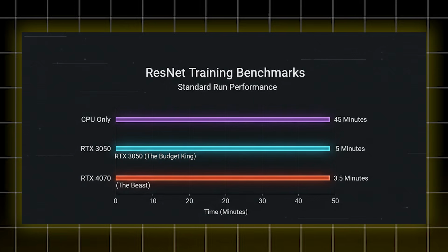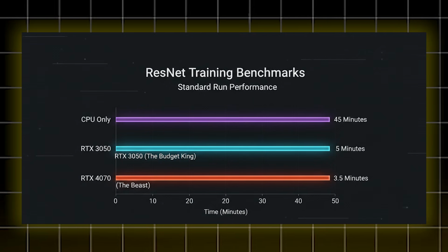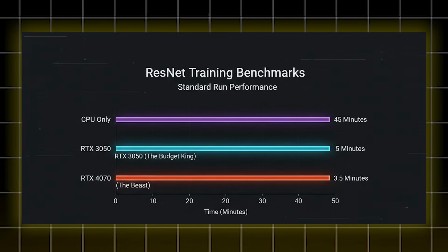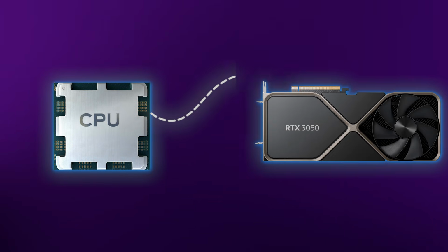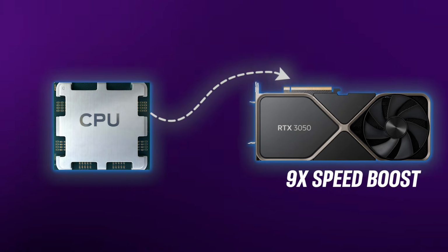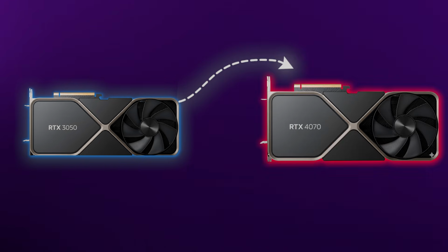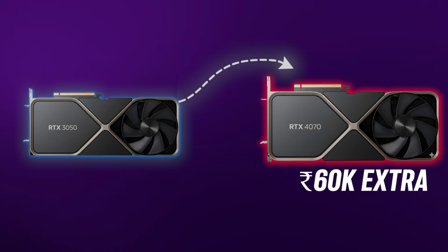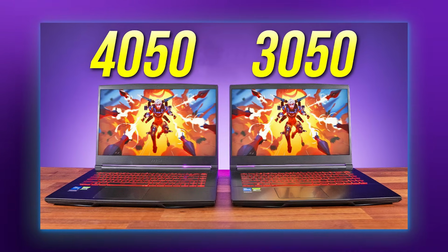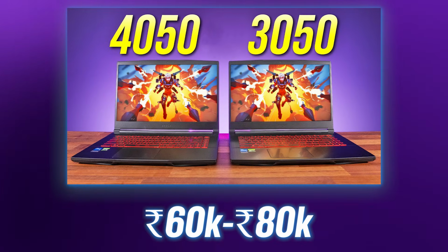CPU only takes 45 minutes, RTX 3050 takes 5 minutes, and the RTX 4070 takes 3.5 minutes. Do you see the math here? Going from CPU to an RTX 3050 gives you a 9x speed boost. That is really transformative. But going from an RTX 3050 to 4070 costs you 60,000 extra, but only saves you 90 seconds. So the RTX 3050 or 4050 is the golden sweet spot for Indian students, priced between 60,000 to